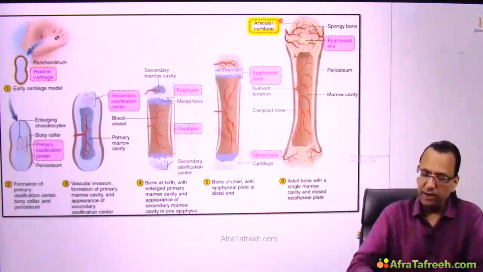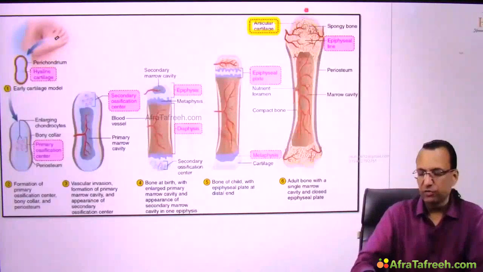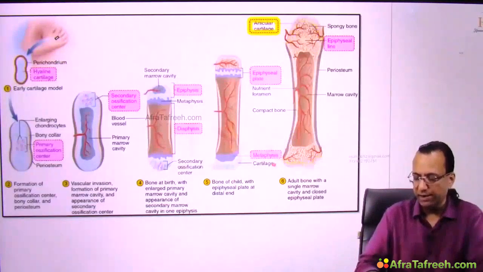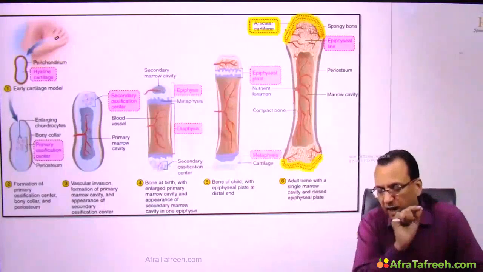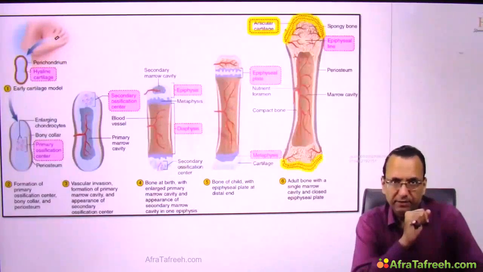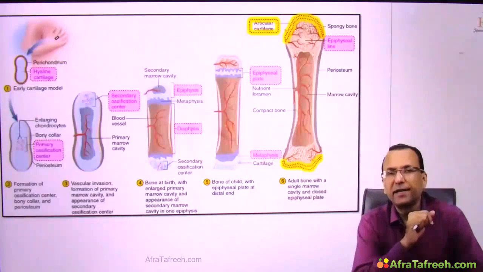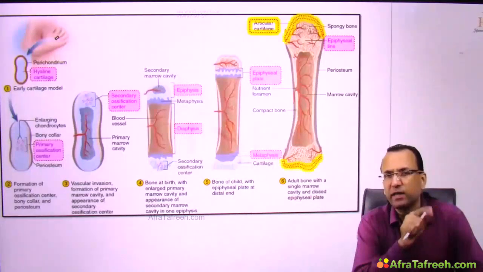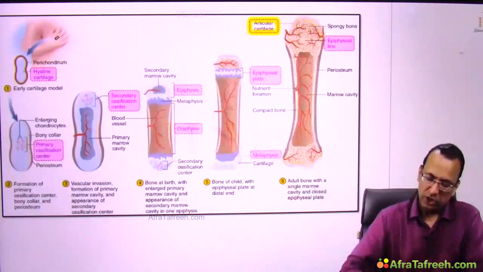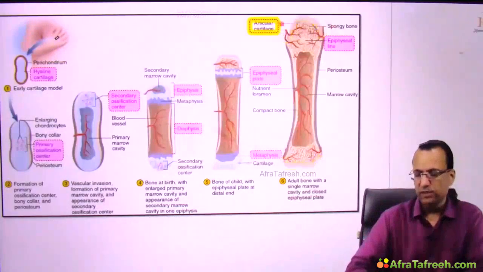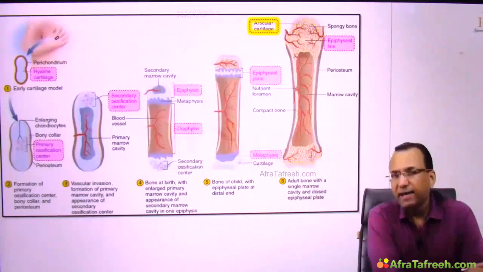Still, some hyaline cartilage is persisting at the ends of the bone, forming the articular cartilage, and articular cartilage will never ossify. About articular cartilage, there are questions asking for some details. First of all, articular cartilage is at the ends of the bone to make the ends of the bone smooth for smooth movement at the synovial joint. You want smooth movement at the synovial joint, so the end of the bone should be smooth, lined by hyaline cartilage,